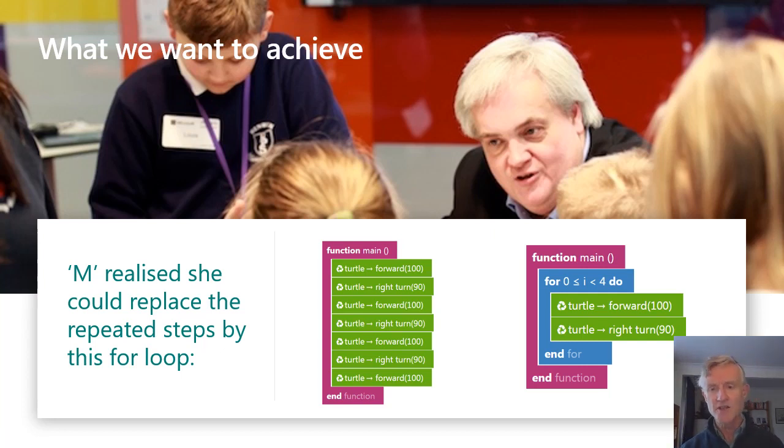And nobody had ever taught her this. She just saw it on the palette of commands that she could do, guessed what it could do, tried it out, and sure enough it worked, and she was able to explain it to her group and took it back to her school. So there's an element of experimental and also being able to try things out in a way that didn't risk anything. But also being able to make a computer do something that it hadn't been able to do, at least not for her before.